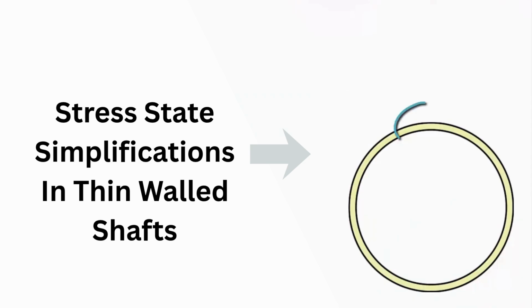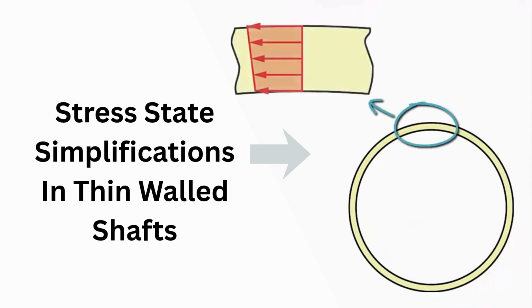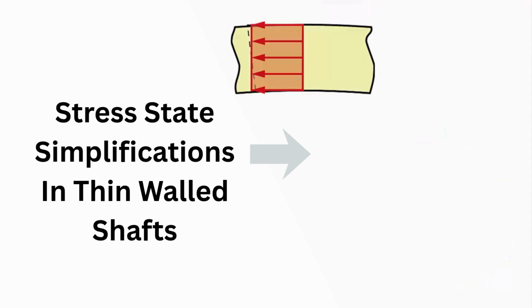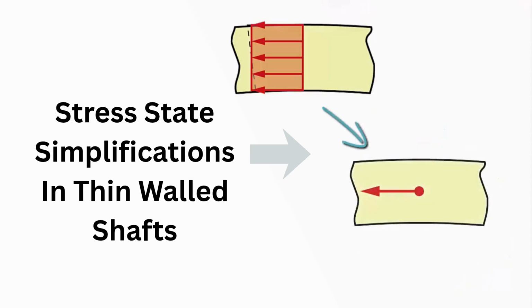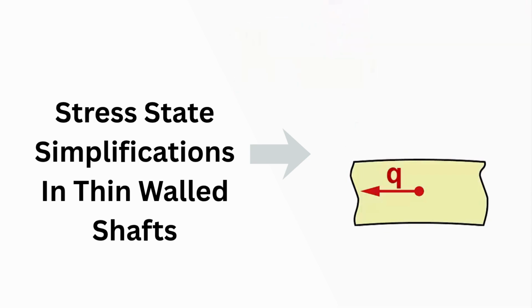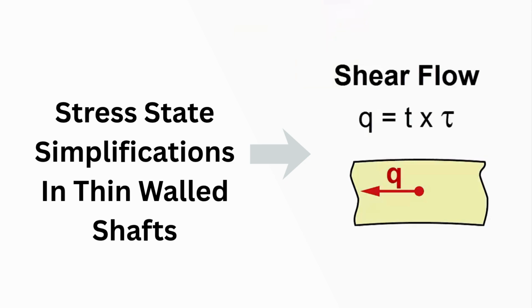For a shaft with a wall thickness much smaller compared to its radius, the variation in shear stress and moment arm become very small through the wall thickness. It is thus convenient to approximate this stress state as constant through the wall thickness. To help remember that we are making this simplification, it is convenient to multiply the stress by the wall thickness, resulting in a shear force per unit length around the perimeter of the shaft. This quantity represents the flow of the shear force around the cross-section and is thus referred to as the shear